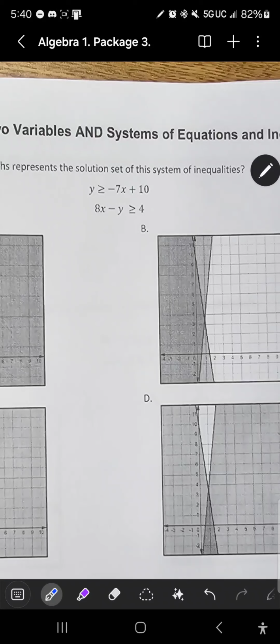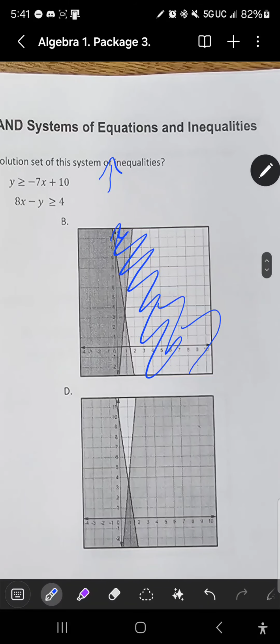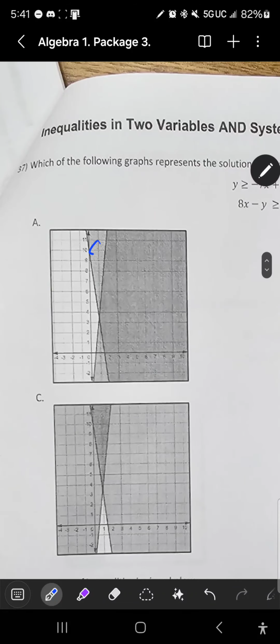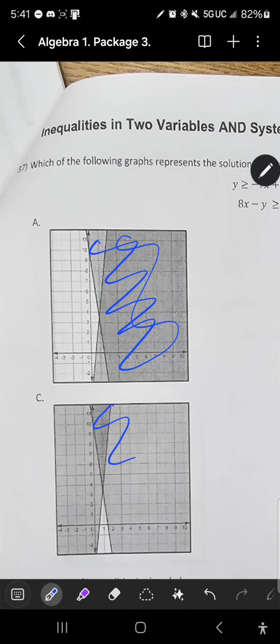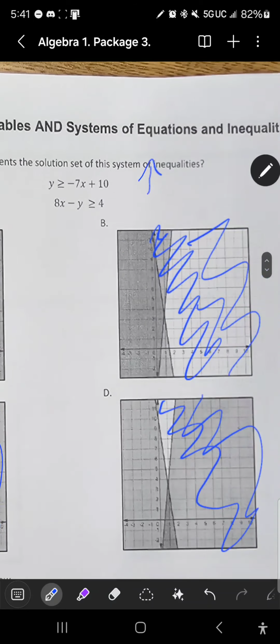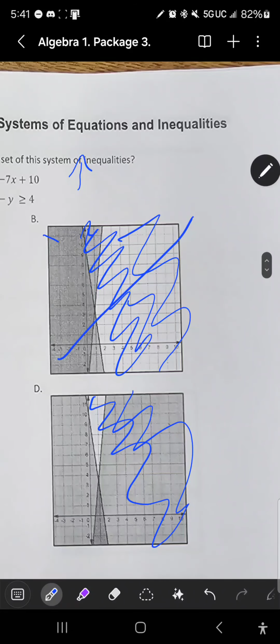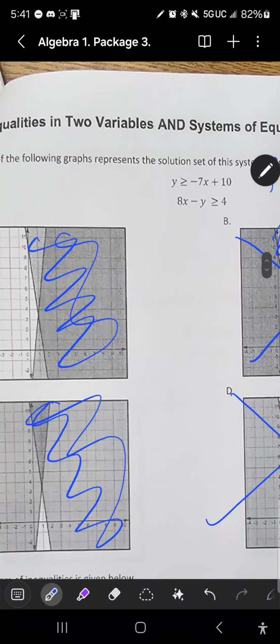I'm sorry about this. The sign says that it's going up, that it is greater than, so it's the values over the intercept. So this is the line, and we're going to the values of the y-intercept that are over this. So it's going to be all of this. So first of all, I can get rid of these two because they don't represent all the values for